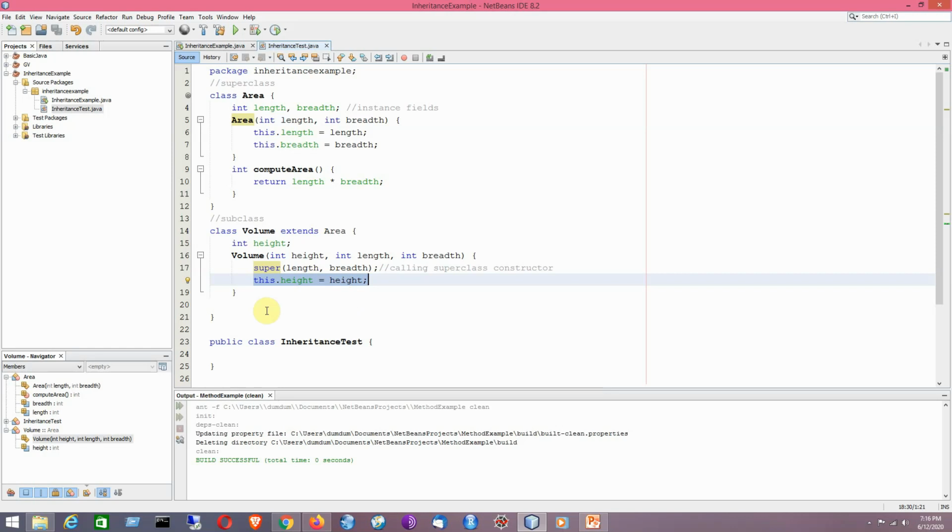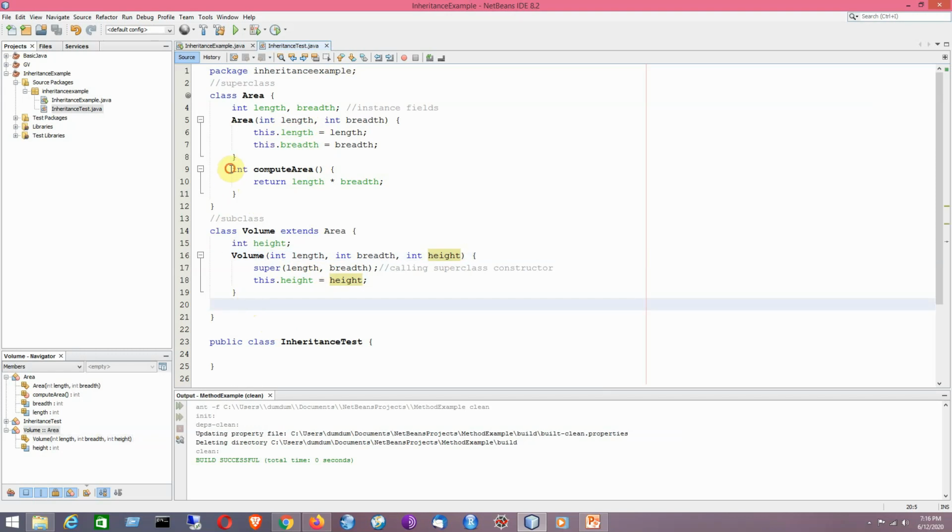Okay, so now I will be writing here. If you require, you can also change their order, it doesn't matter, but it must be there. Like the height property must be there. Length and breadth are basically coming from the area class and height is its own property. By the inheritance property it will get access to the fields of the superclass named area, and length and breadth are the instance fields of its superclass.